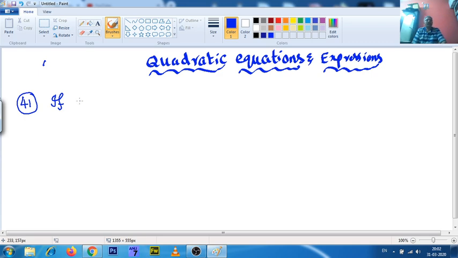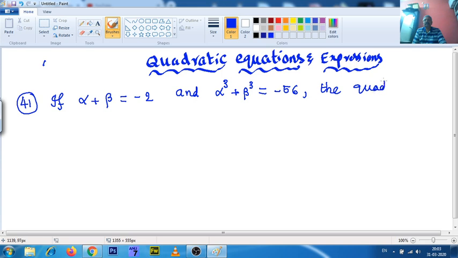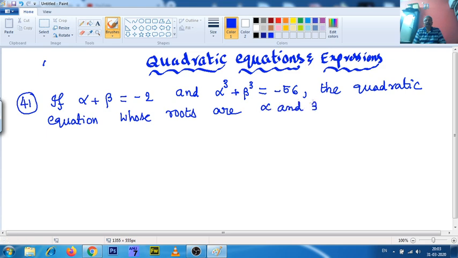Most of the problems are based on only the roots. If alpha plus beta equals minus 2 and alpha cube plus beta cube equals minus 56, then the quadratic equation whose roots are alpha and beta is,